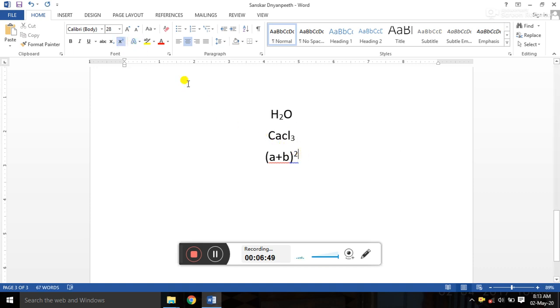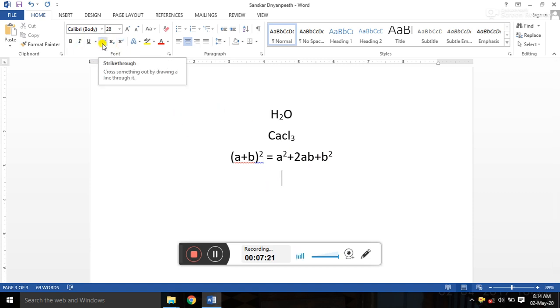Right, now after that, if you want to write the whole formula is equal to, you can write a square plus twice ab plus b square. But now see, it is looking very odd. That 2 should be at the exponent, at the power. Now write it like that. Okay, again select that 2. Now click at the top; the operation you are performing is the proper way. Now here, see, there is one more option.